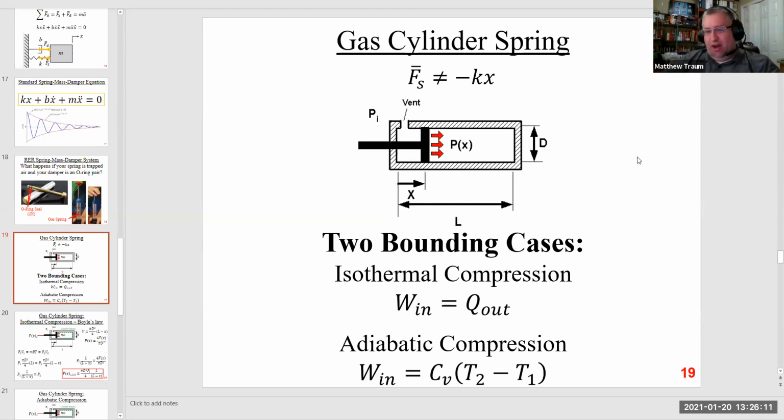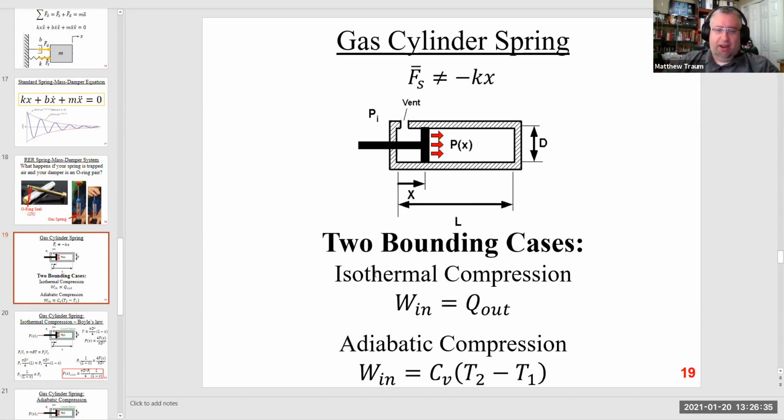And that's what we do in engineering. If you don't know how to get the exact answer, you try to figure out what the upper bound is and what the lower bound is, and then you know that no solution can be higher than the upper bound or lower than the lower bound. In a lot of situations, that's good enough to fully define a system for engineering design purposes. And so we have two cases that are the upper bound and the lower bound.